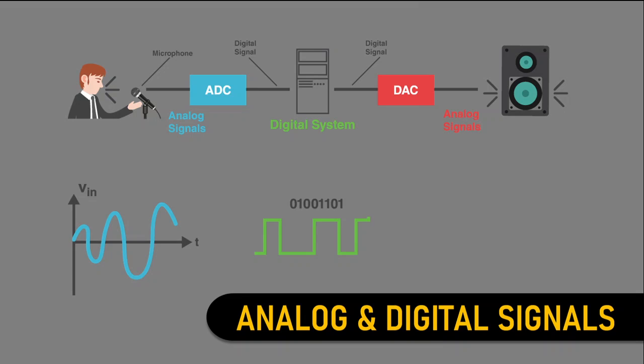Now there will be discrete changes between high and low only. There won't be any continuous changes. So this is a digital signal which is processed by a digital system. The digital system, after processing, creates a signal in this fashion only, but we want to send the signal to the speaker, which is capable of giving output as an analog signal.